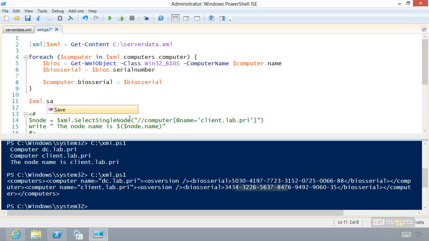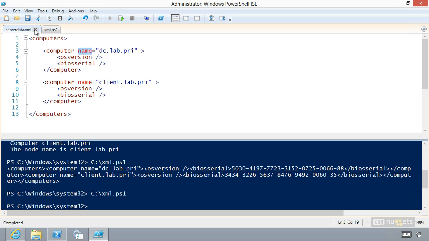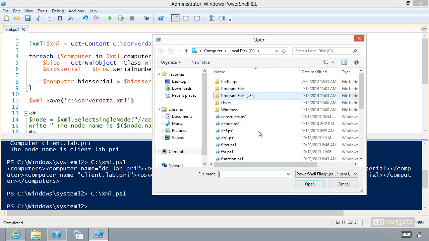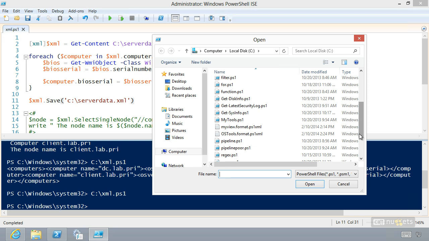XML.save, and we'll give it the file name, cserverdata.xml. Made a change. Always good to test after you make a change. Okay, we made the change. Now let's go back in and we're going to close this because that file's actually changed. So let's see if we can open it back up and see if it actually did save the changes to